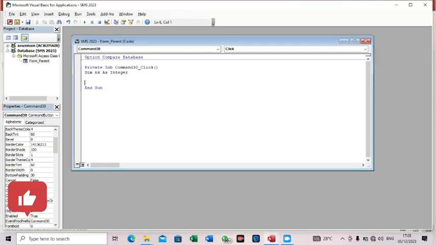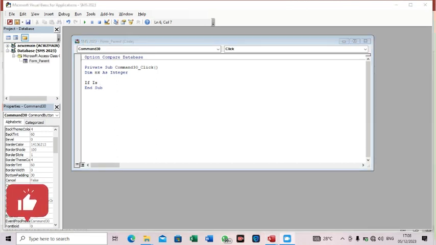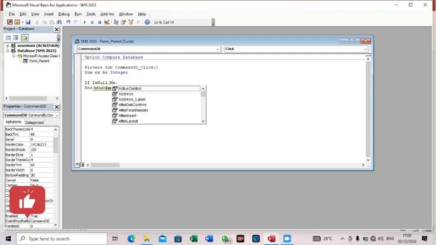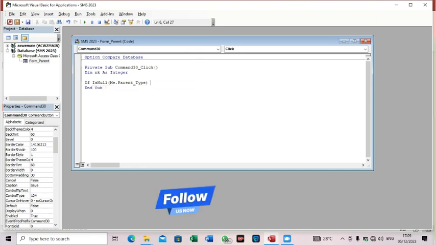I'm going to type If IsNull, then bracket open, Me.Parent_Type, then you close your bracket. Okay, you space it, then